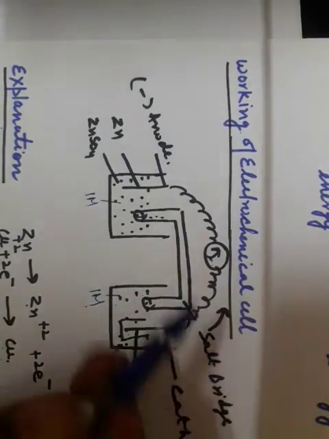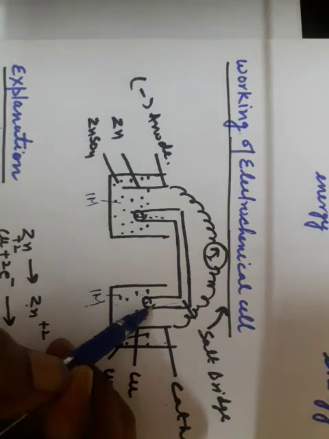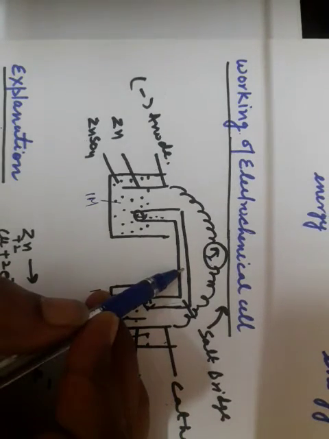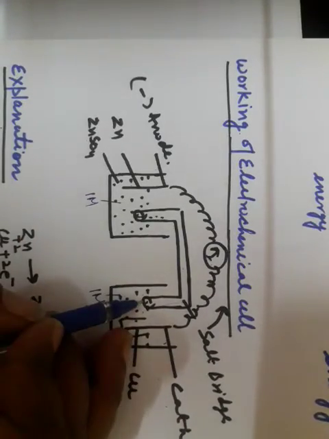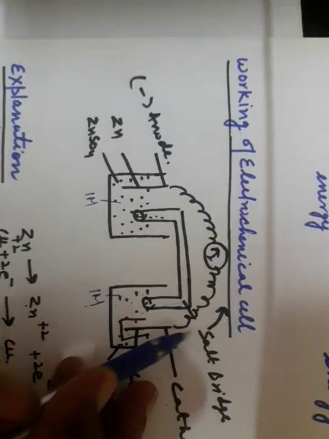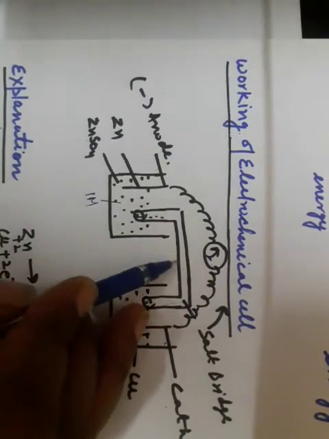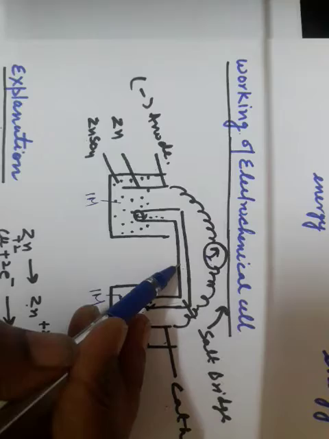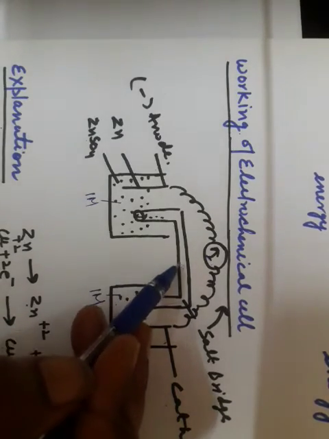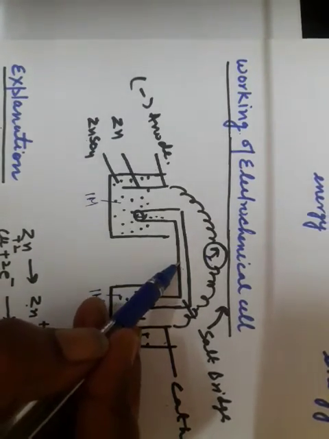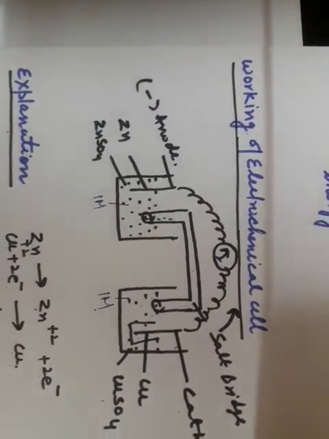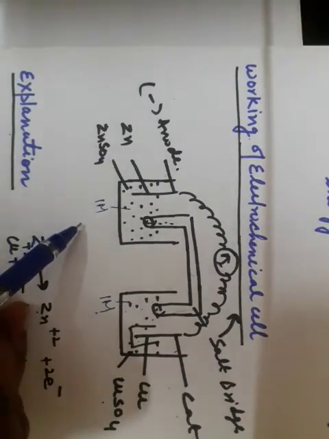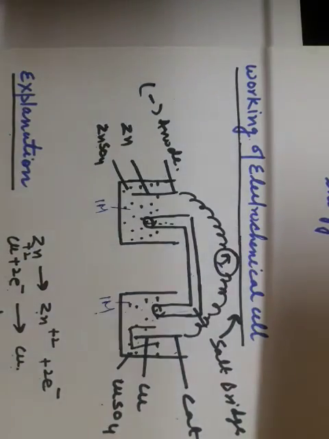So that will help us decide which metal is acting as the anode and which one is acting as the cathode. See students, here we have a U-bend tube also, which is called the salt bridge, and that connects these two solutions internally. External connection is done by this wire, and internal connection of these solutions is done with the help of the salt bridge, as we have discussed in class 11th. I am not going to discuss the composition of the salt bridge here because we have discussed it in class 11, right students? So this is the working of the electrochemical cell.